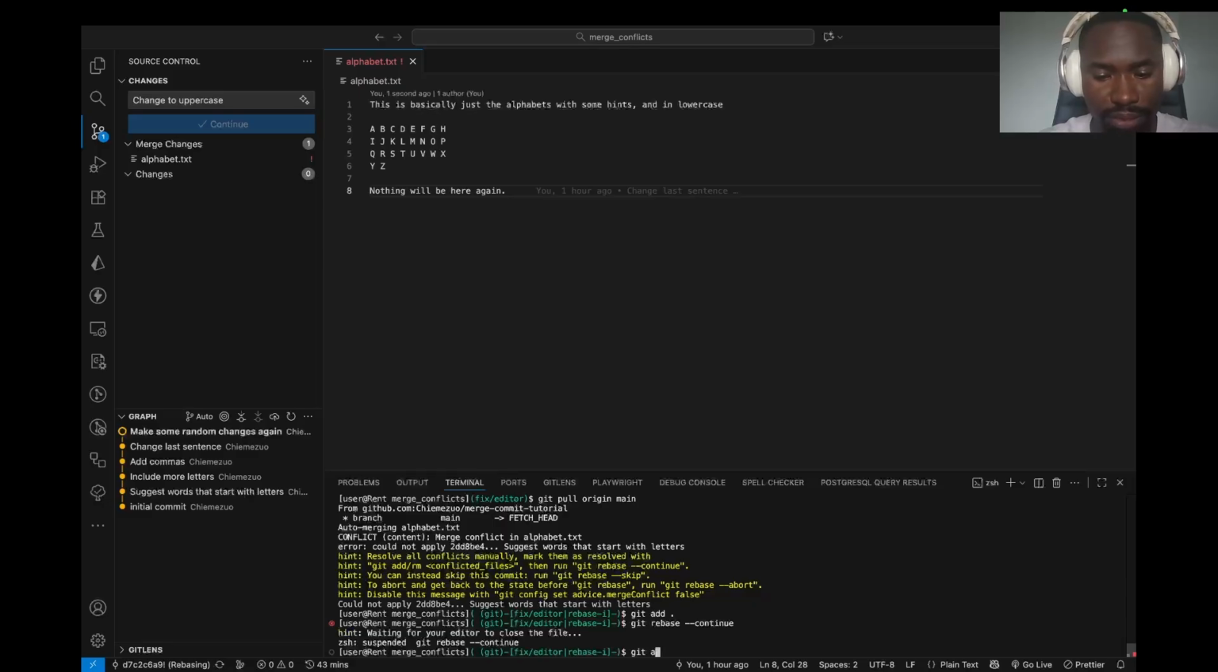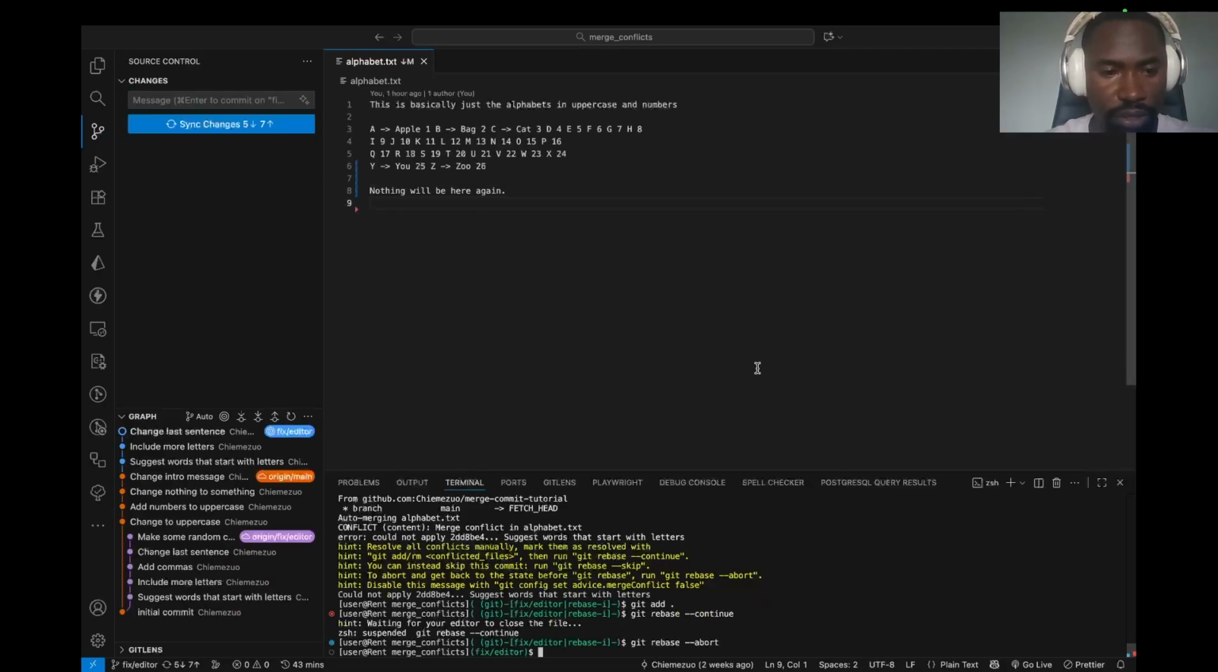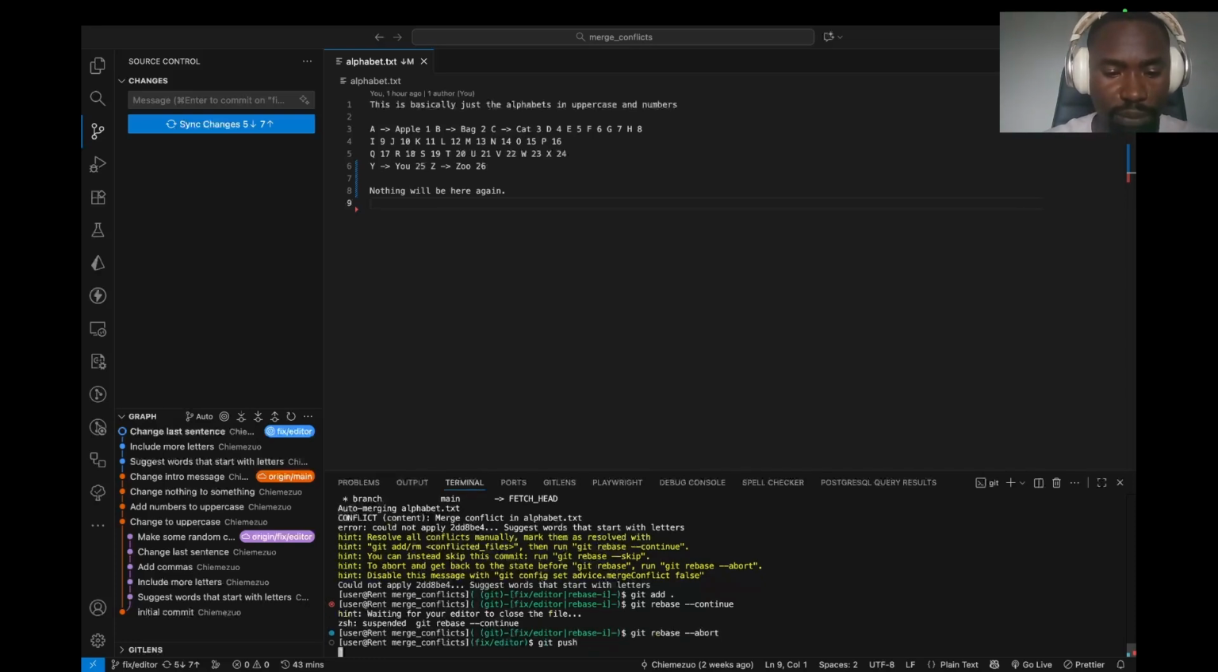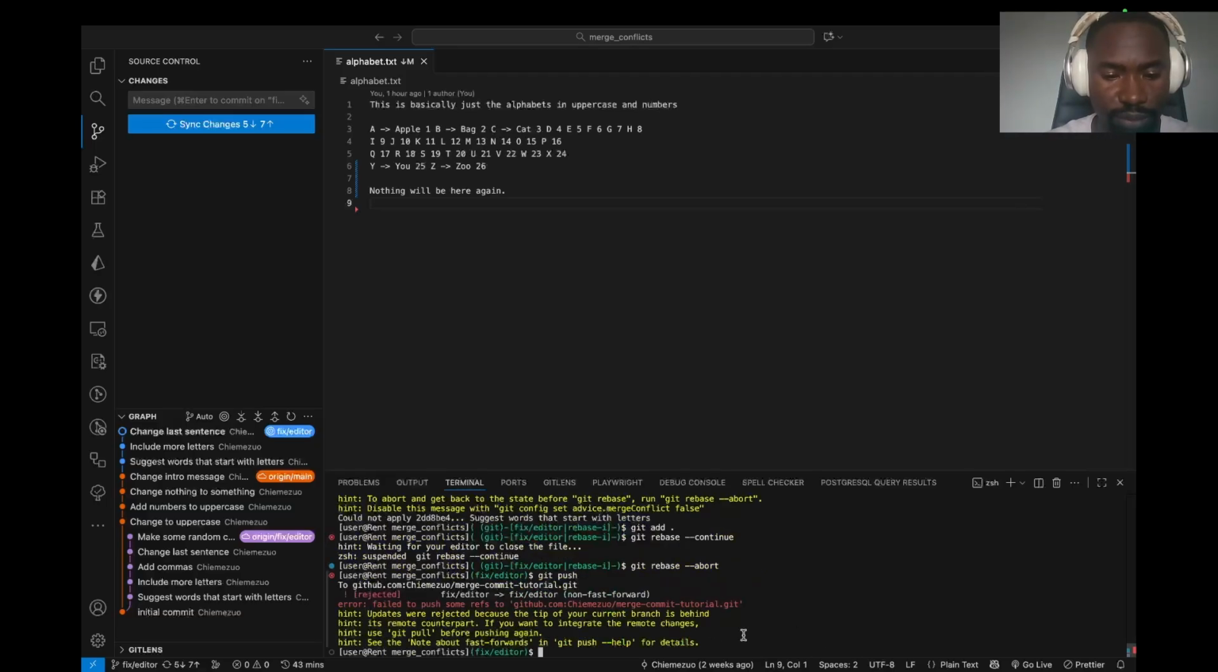Git abort. Sorry, git rebase abort. Now we're back here, and if we try to push, it would normally point us to the fact that there are some changes that do not quite make sense yet. So we could do